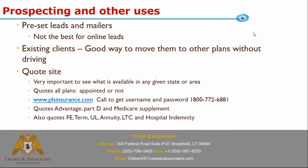And you call 800-772-6881 to get your username and password to quote on the quote site. You can quote Advantage, Part D, Med Sups. Also, even if you don't have any of these other contracts with us, you can quote final expense, term, ULs,